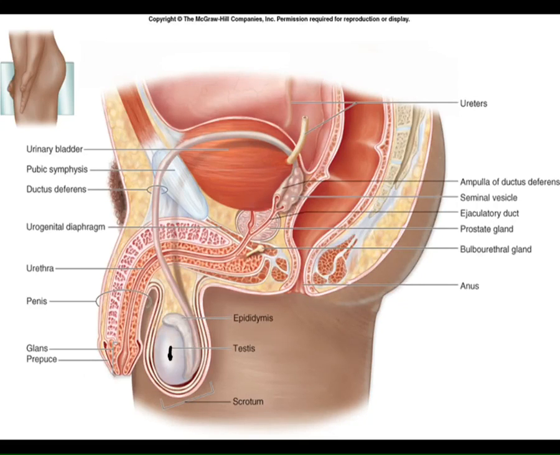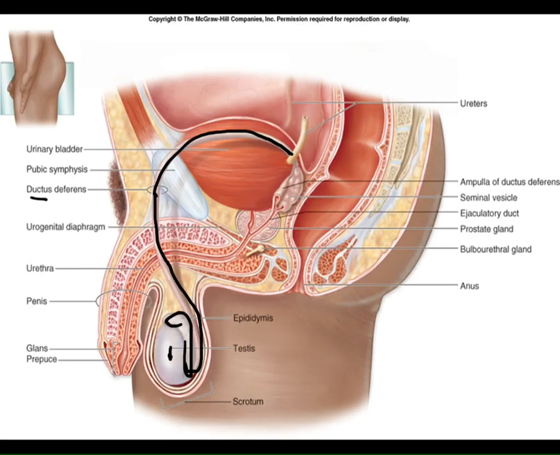Testis, one of them, testis. Two of them, testes. This comma-shaped thing is the epididymis. Upon ejaculation, sperm will travel through the vas deferens, also called the ductus deferens, and will now merge,